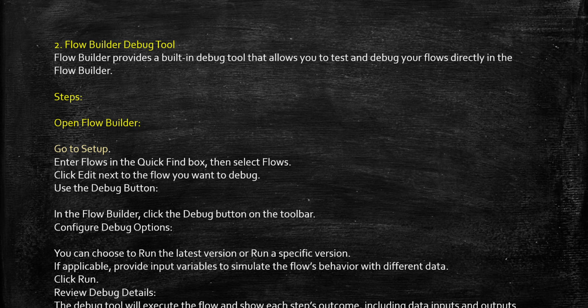Suppose your flow has to fail after the third step, it will show in your log whatever error is generated. Okay, so